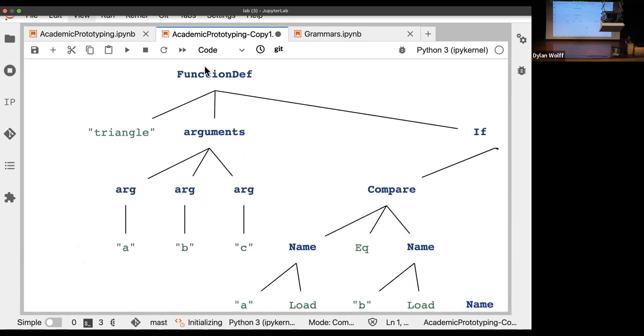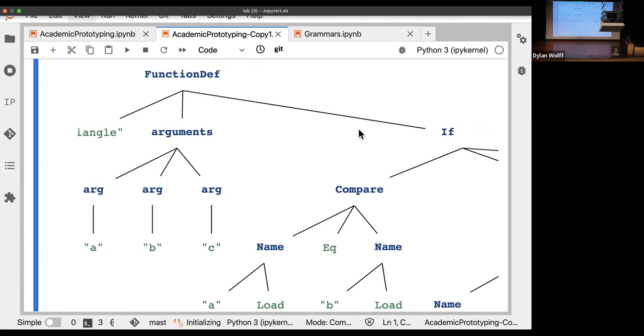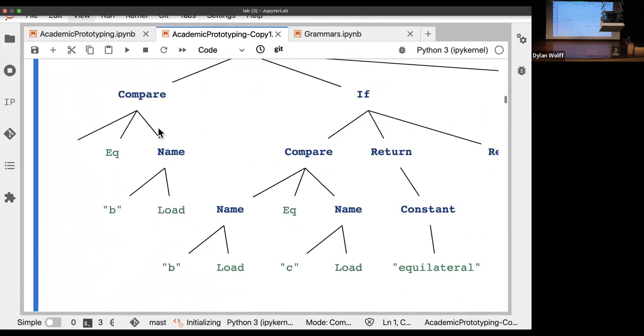So the triangle AST actually consists of a function definition at the top. And then we have a triangle. Well, that's the name of the function definition. There's arguments. There's 3 arguments named A, B, and C. And the actual code consists of an if statement, which